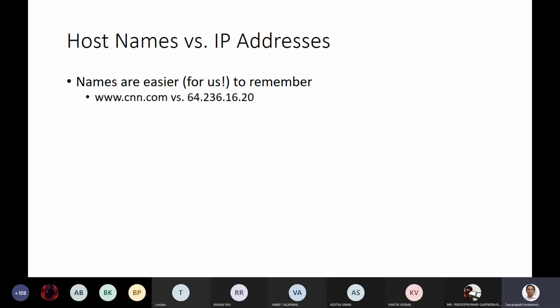Why do we use these two levels of names? You always need an indirection mechanism between one type of name and the other type of name. For example, you have IP addresses and MAC addresses, so you need a resolution protocol between the IP address and the MAC address, which is done with the Address Resolution Protocol, or ARP. Similarly, you have host names and then IP addresses, so we need to again resolve from one form of address to the other form of address, which is done by the DNS system for us. There are many reasons why we use these multiple layers or sets of addresses.